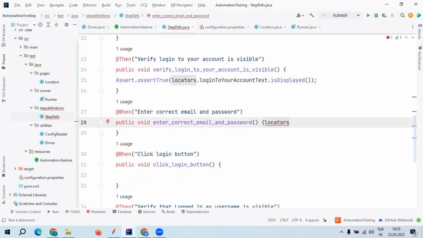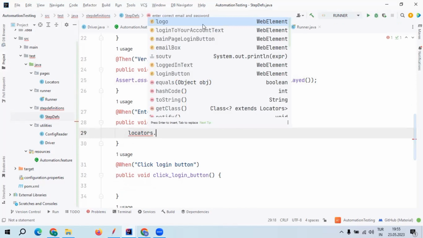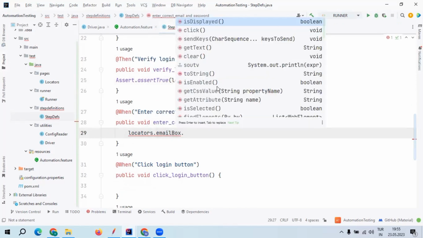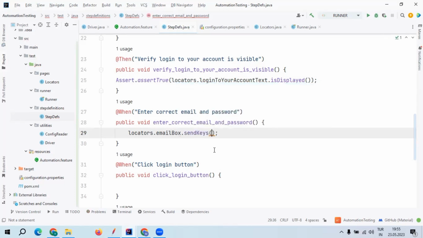Using locators object, email box, and which method do we now use? Send keys method. Using send keys method, we can send the required text into any box. So here I can write our email, guest underscore user at gmail.com,